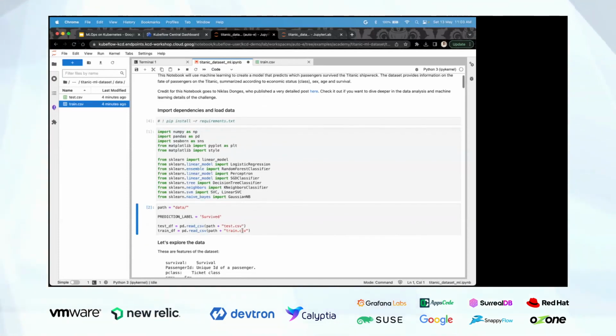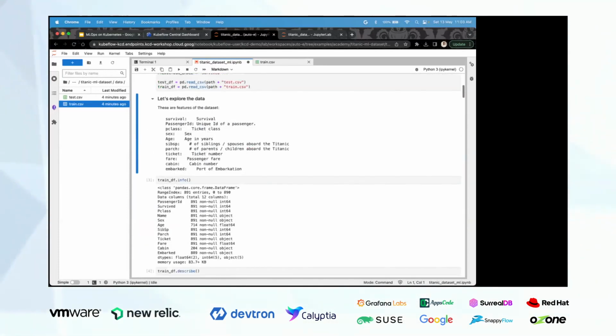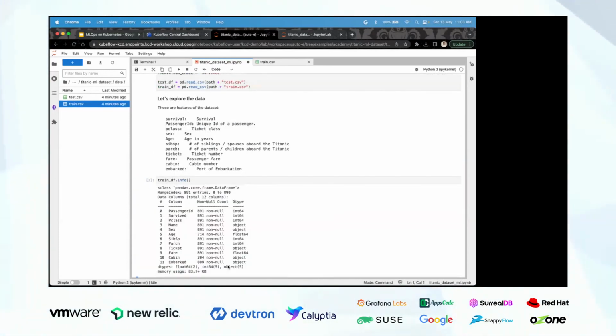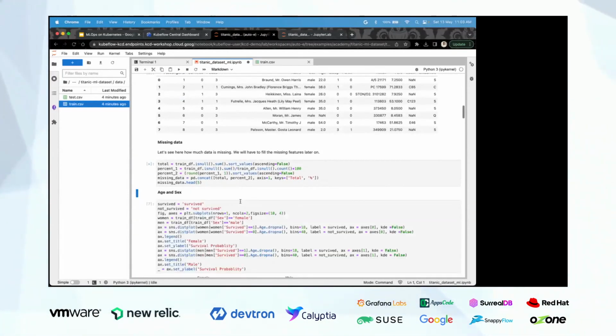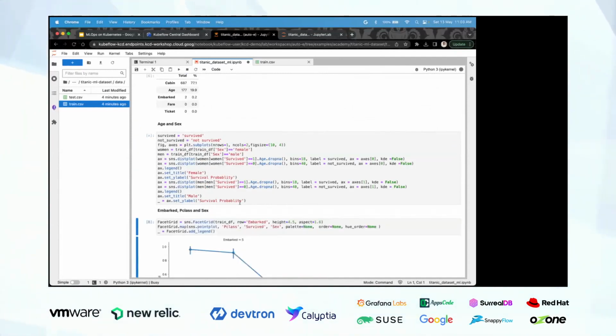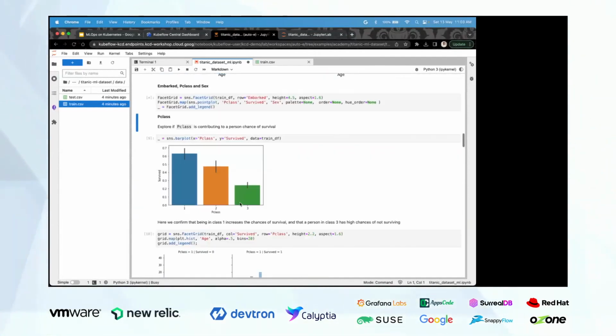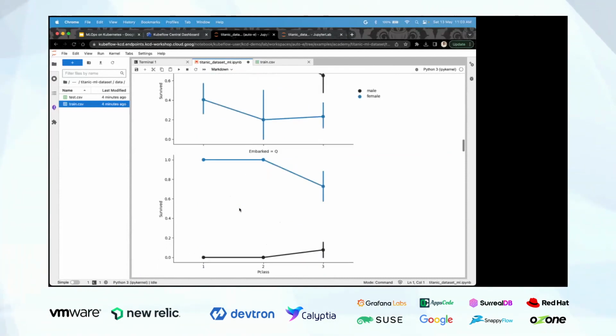Yep, now it's done. So, exploring the data, skipping the EDA part.